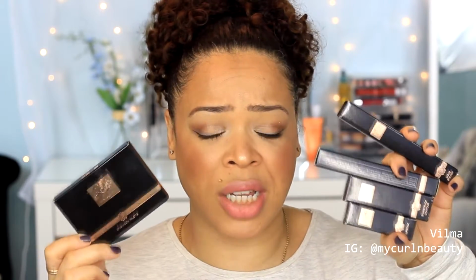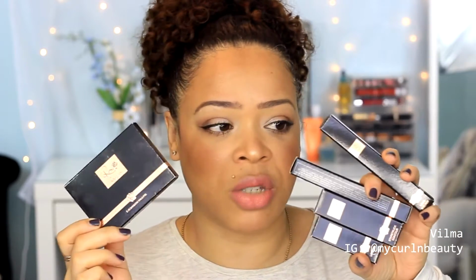Now, the entire line comes with extremely good presentation in their packaging. Everything comes in these boxes right here. They're completely empty because I'm going to show you the products as well. I've been trying all these products for the past week or so, and I'm really excited to share with you my thoughts. I'm also going to put some cutouts throughout the video so you can see how the products apply on my skin. I have to say right off the bat that I absolutely love all 5,